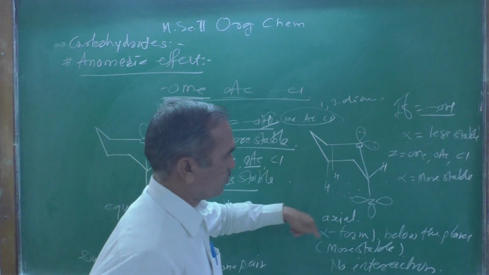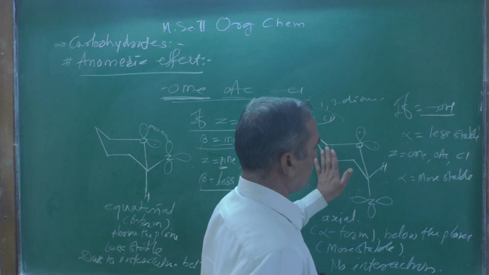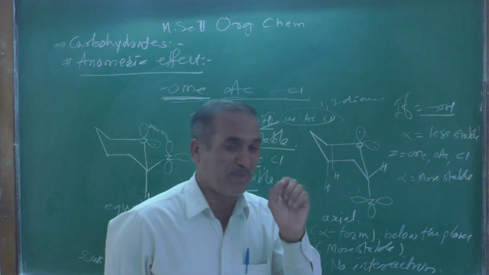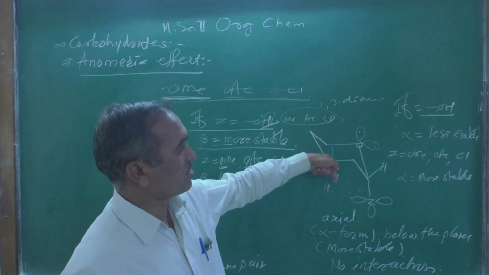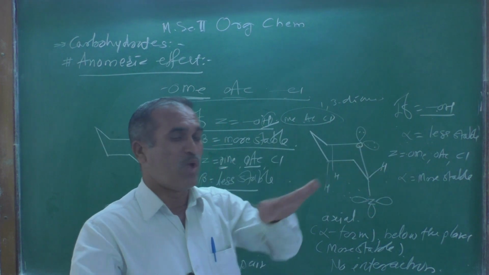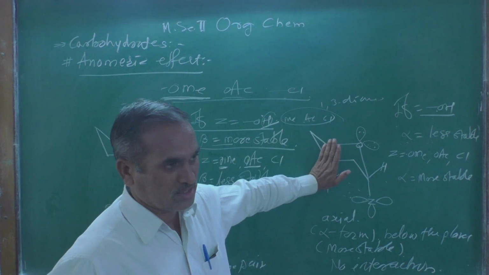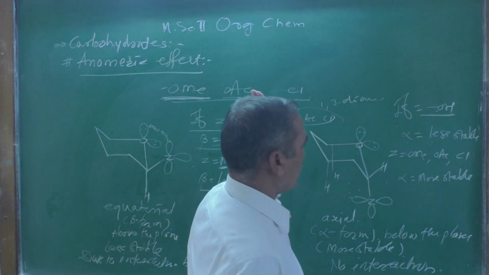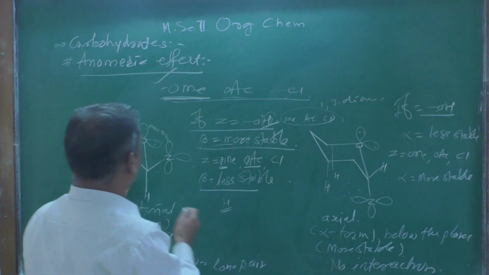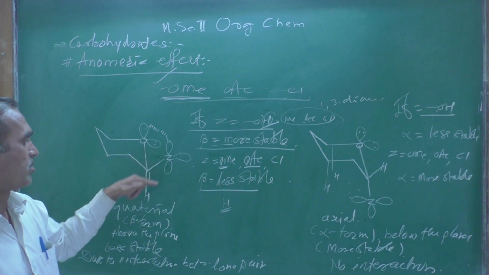As you see over here, with OMe, OAc or Cl, there is a 1,3-diaxial interaction present, no doubt about it, but the main controlling factor is that the oxygen atom and this group are well separated from each other. Don't think about the 1,3-diaxial interaction while explaining, and that is why it is nothing but the anomeric effect. Anomeric effect, because if you assign the configuration of this anomeric carbon atom, carbon number 1,